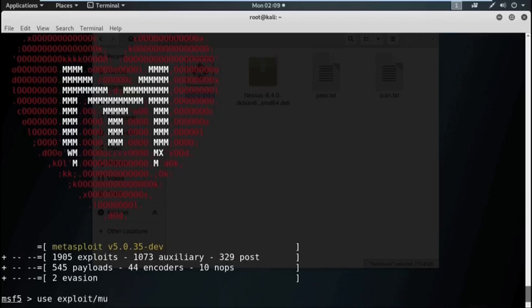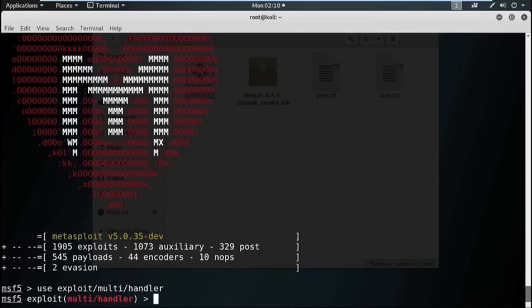Now, we need to open the handler. The command is use exploit/multi/handler. Now, we need to set the payload.